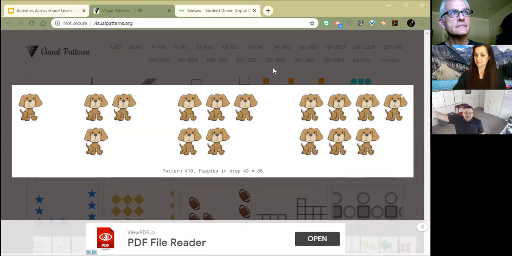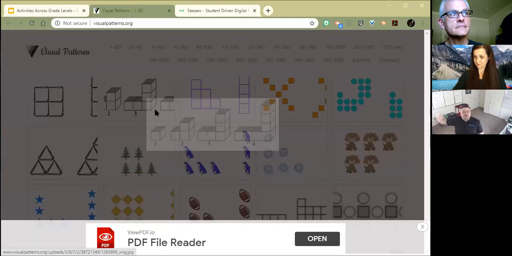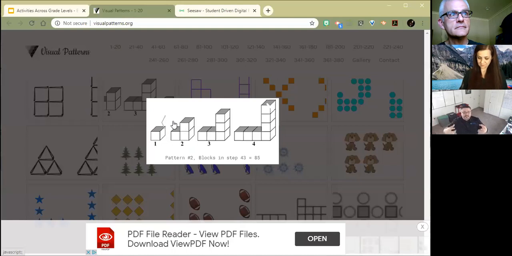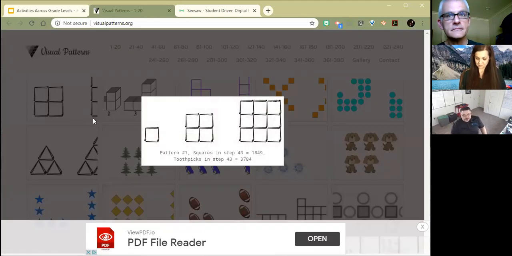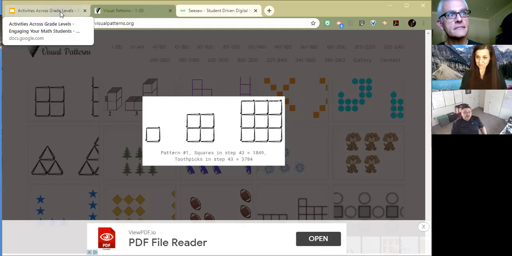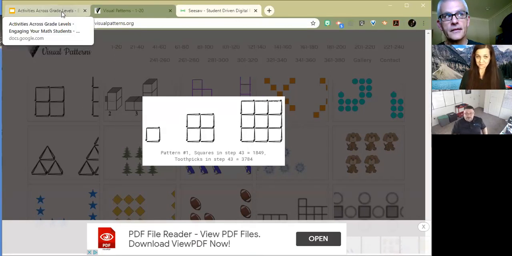Then we get to the tables and the function and the rule way later, but giving these kids a chance to chew on it, even just as a warm-up. You can do this from middle school, even upper elementary school kids can do this stuff, right? To just draw pictures and notice a pattern. And the thing I love about Fawn is that she's giving the answer now. That's not good. She used to not give the answer on the website and force people to find the answer, but I think